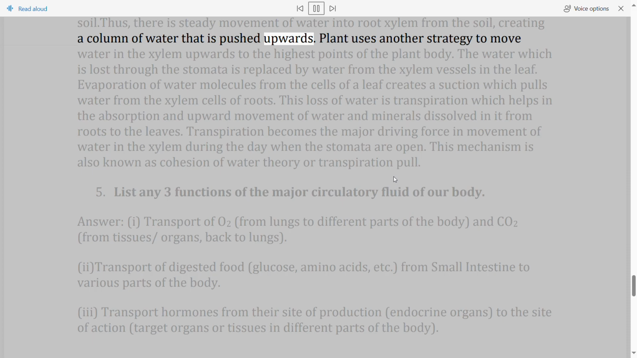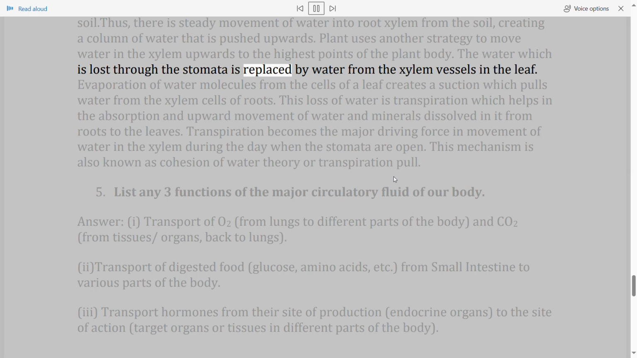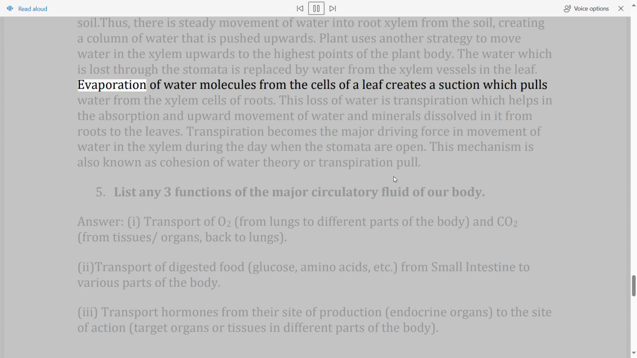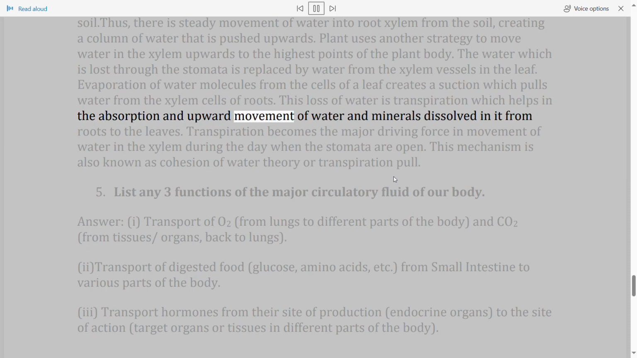pushed upwards. Plant uses another strategy to move water in the xylem upwards to the highest points of the plant body. The water which is lost through the stomata is replaced by water from the xylem vessels in the leaf. Evaporation of water molecules from the cells of a leaf creates a suction which pulls water from the xylem cells of roots. This loss of water is transpiration, which helps in the absorption and upward movement of water and minerals dissolved in it from